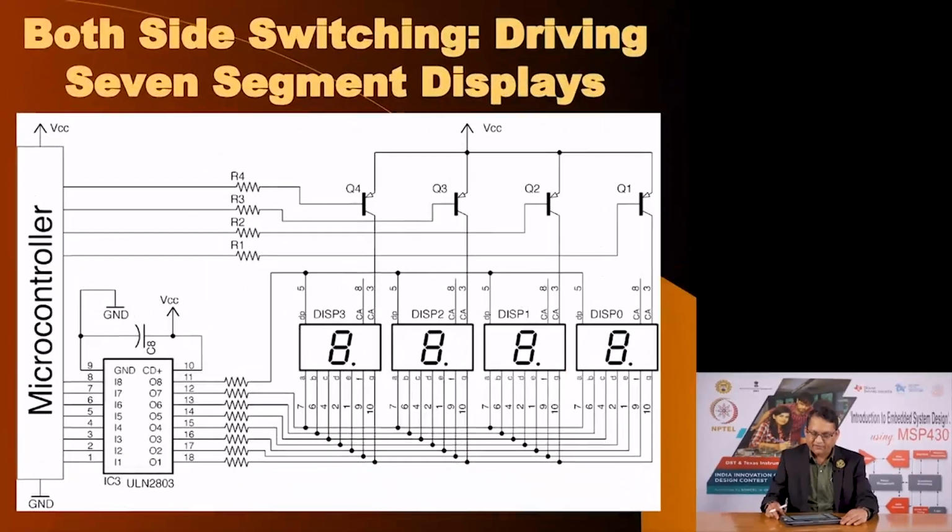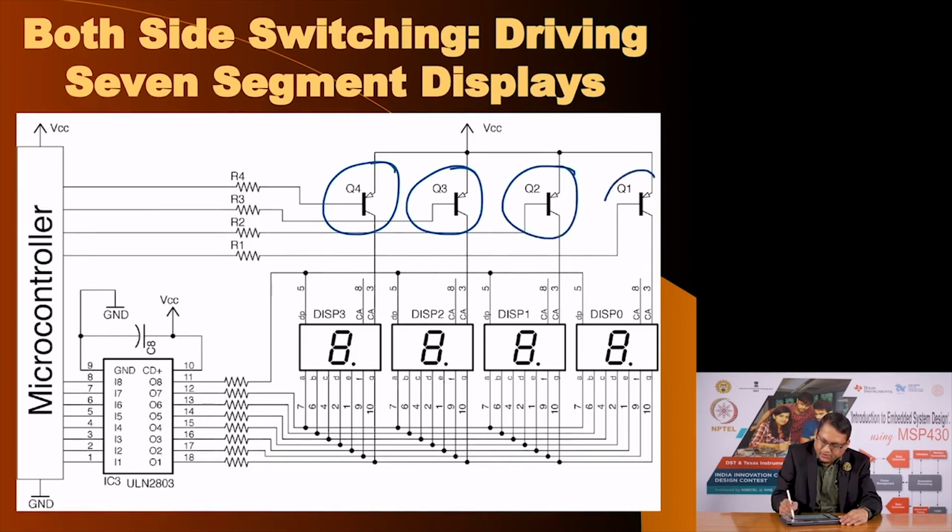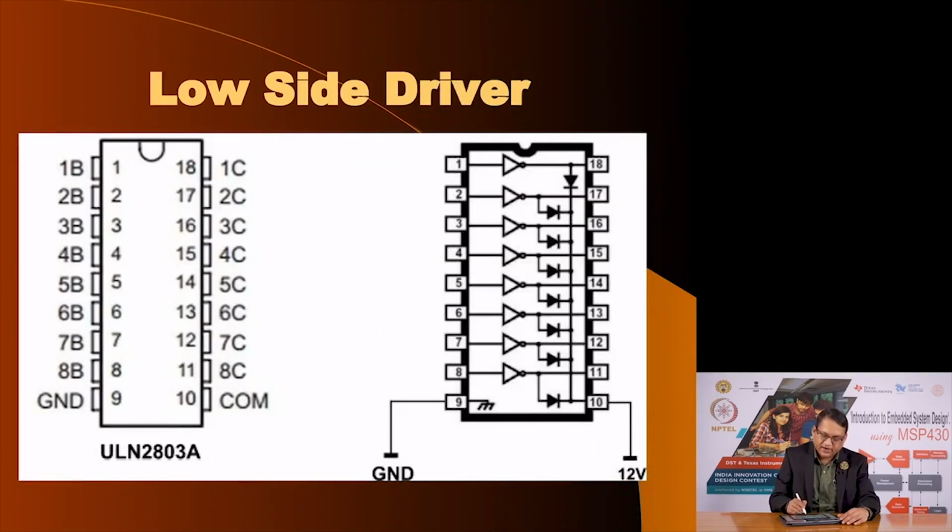Here I have created a schematic for you which shows 4 7 segment displays, common anode type, and as you see here we have 4 PNP transistors, and instead of individual 8 NPN transistors, we have used an IC which consists of 8 NPN transistors. That IC is a low side driver. This is the IC. In the electronic components that we expect you to have, you may recall that we have an IC called ULN